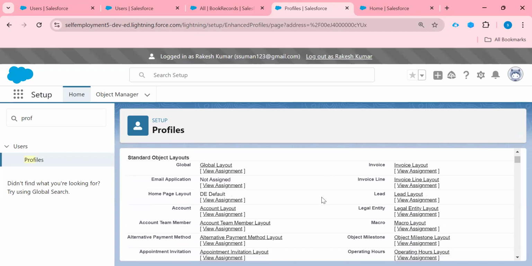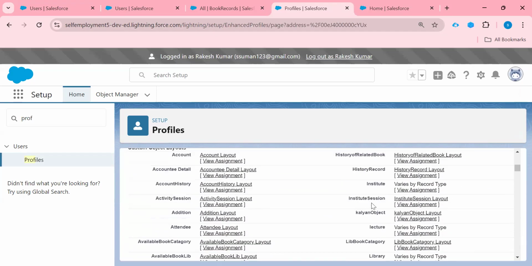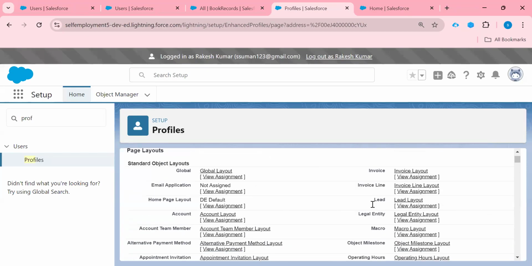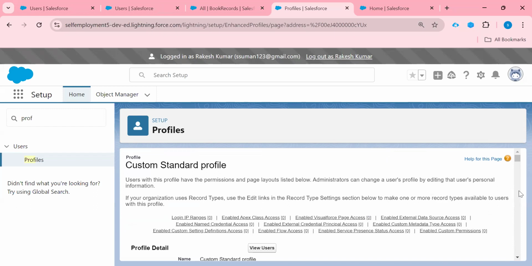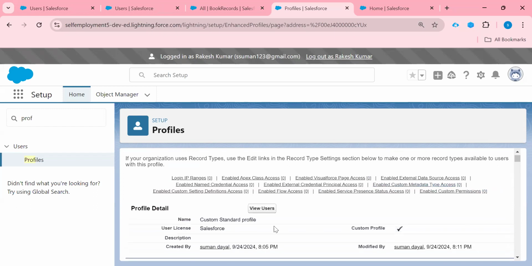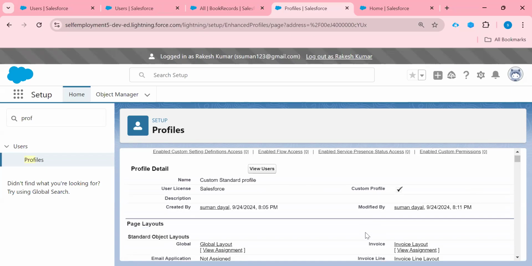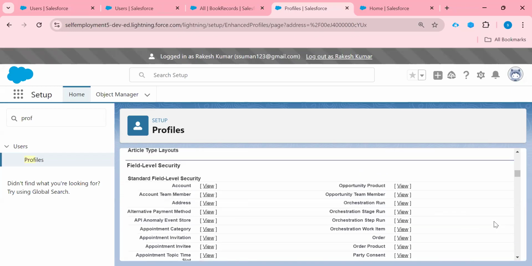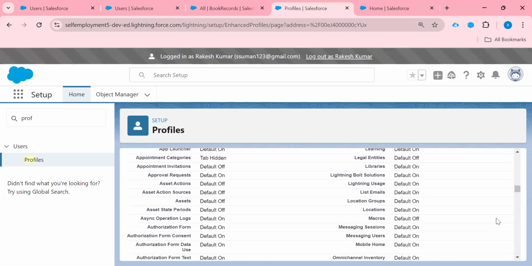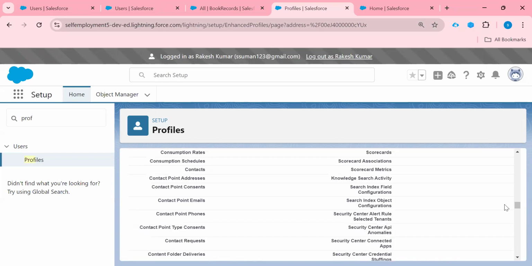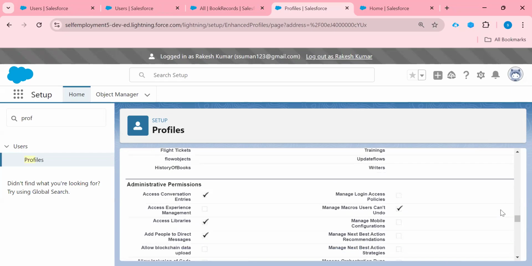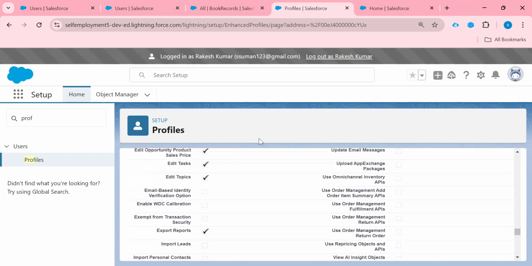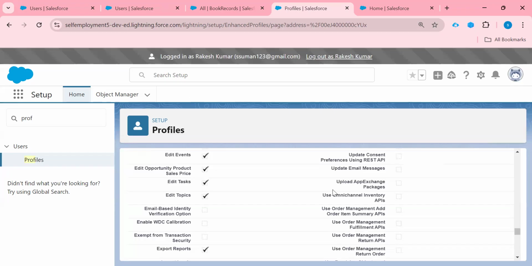Okay, let me explain. Because I'm opening from this user, I'm not able to edit this profile.